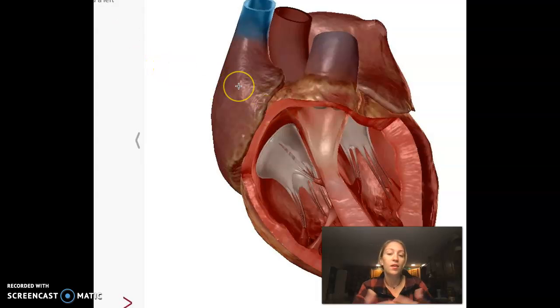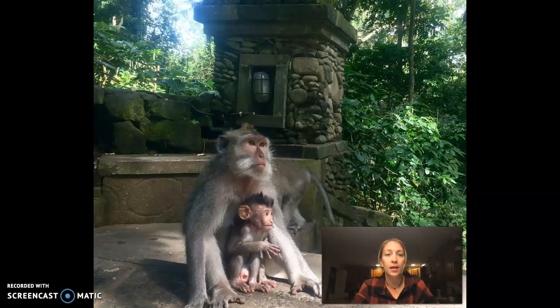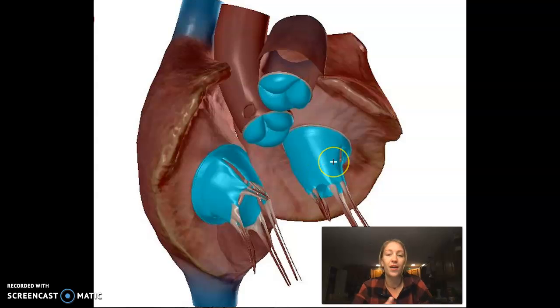So the blood flow, just for explanation's sake, goes from the right atrium into the right ventricle, and then it goes through the pulmonary circulation, back in through the left atrium, and then into the left ventricle, and then it pumps out the aorta to the rest of the body, to the systemic circulation. So those are the four chambers. And then in those chambers we have valves. The valves are cusps that prevent backflow of